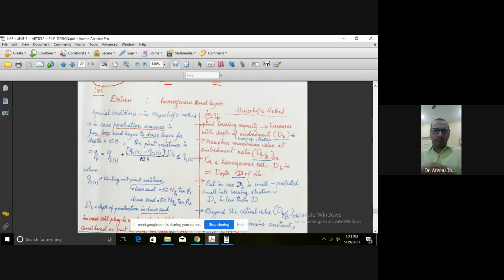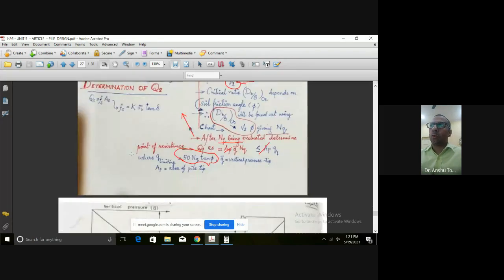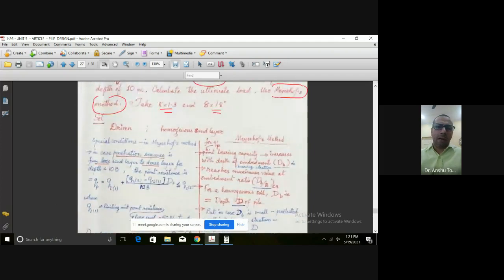that is in intermediate layers. आपने जो ओवरबर्डन स्ट्रेस निकाला है उसको हम, अगर आपके पास 3 लेयर्स गिवन है और 2 layers are there, when the penetration sequence is from loose sand layer to dense layer. So as they have used only two numbers, Q2 and Q1, accordingly it is going to vary. Presently, it is for 2 layers only.